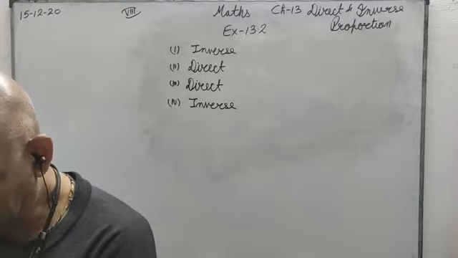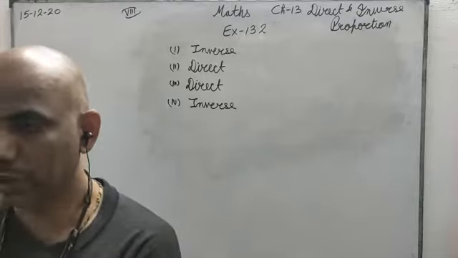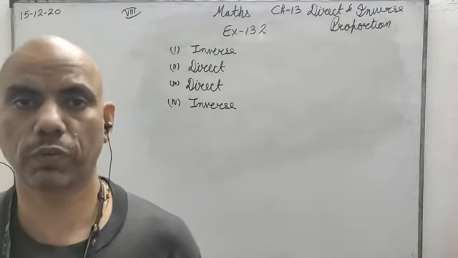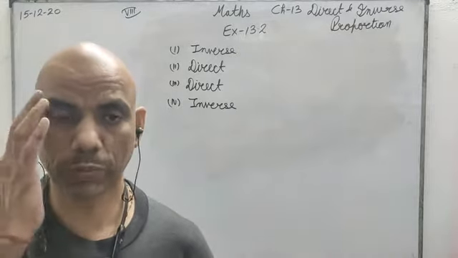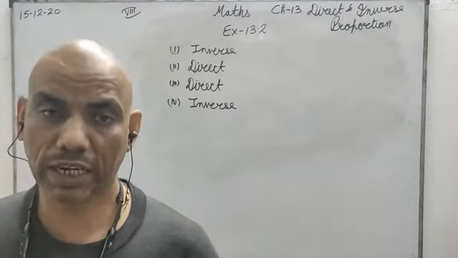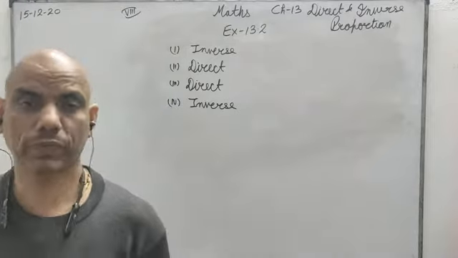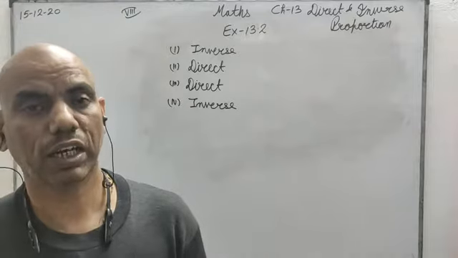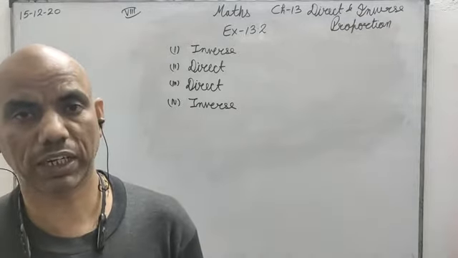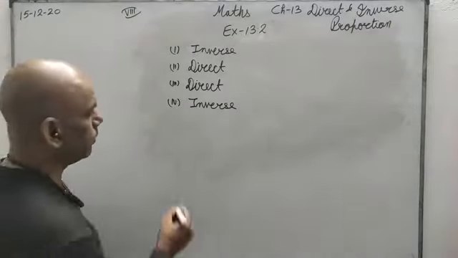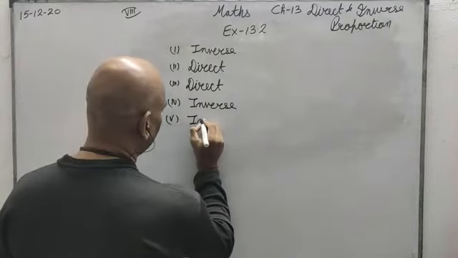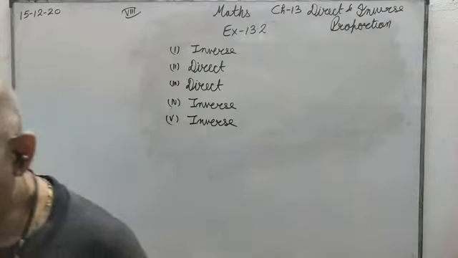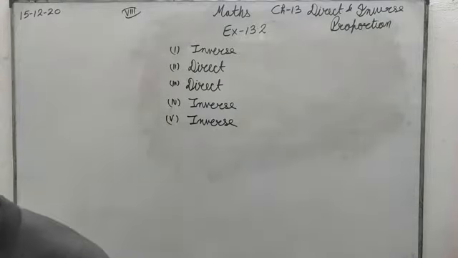The population of a country and the area of land per person. If we have 4 people in a room, we will get more area. If in the same room 10 people are there, everyone will get less area. If 2 people come, then they will get more area. When the number of people is less, they get more area. When the number of people is more, they get less area. So it is a case of inverse proportion. So in the first question, you will simply have to write direct proportion or inverse proportion.